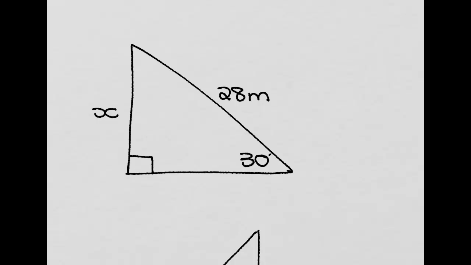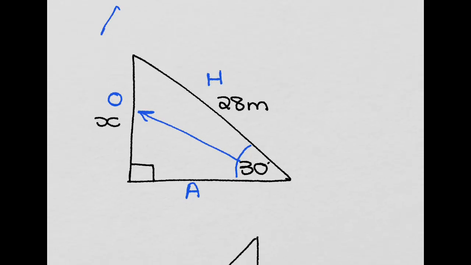I've got a triangle here. I would suggest that you copy it down because it's so much easier to understand maths when you engage with it. So in this triangle, I've got this 30 degrees. So if that is the acute angle and I look opposite to it, this is my opposite side. My hypotenuse is always the longest side, and my adjacent is whatever is left over. Now that I've identified that, what rule am I using? Sine, cos, or tan? And so this is where you need to think a little bit more. Okay, I'm going to quickly just remind you that it is SOH CAH